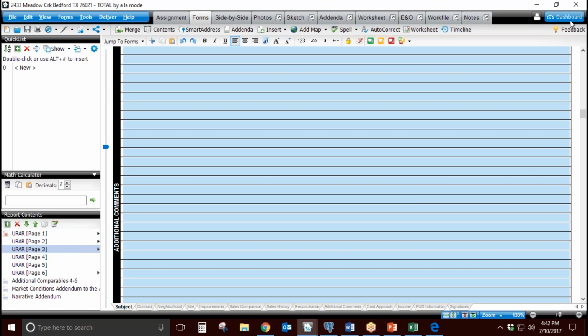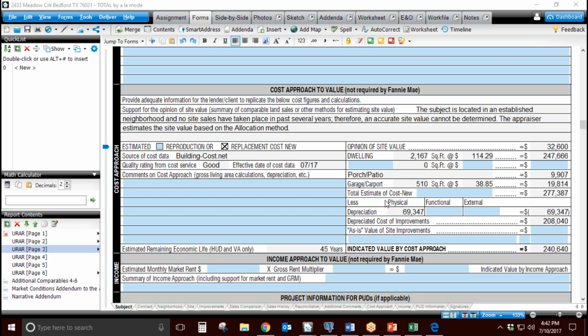I believe I left cost approach on yes. I'm not sure. We'll see. Yes, so cost approach is in here. And we just put buildingcosts.net, the month and year we accessed it, the quality rating, you determine. Here's another comment we put in there based on the method I choose for site, and we check total replacement cost new. Now you'll see at the bottom here it says narrative